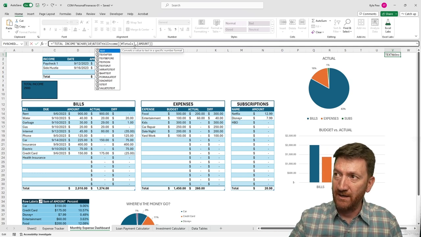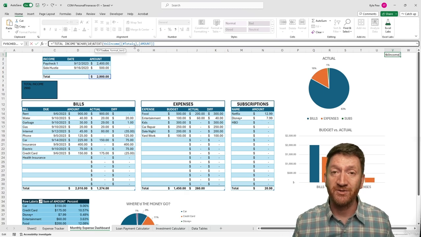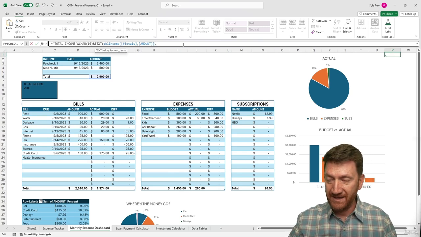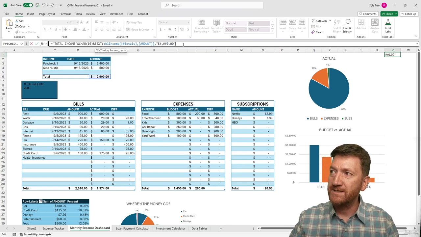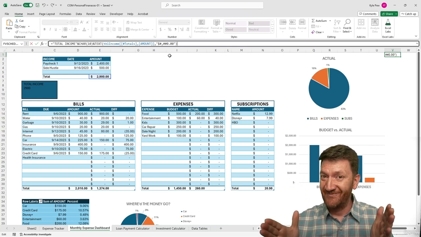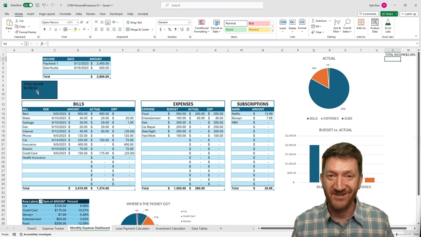So I got text, I'm going to open up a parentheses, and the text function takes two parameters, two bits of information that it needs. The first thing is the value that you want to format. In this case, it's that reference that we made to the table. At the end of that table reference, I'll do a comma, and then inside of quotes, I'm going to paste in that format that I copied earlier. Dollar sign pound, comma, pound, 0.00 inside of quotes. And that's it. I'll hit my enter key,